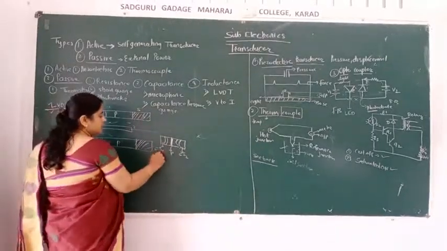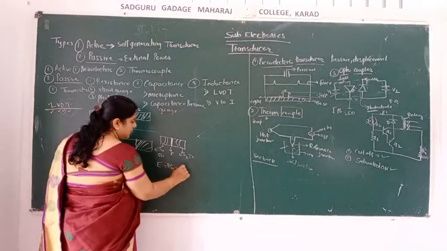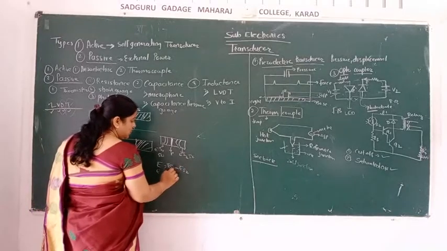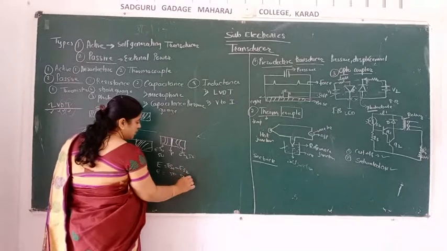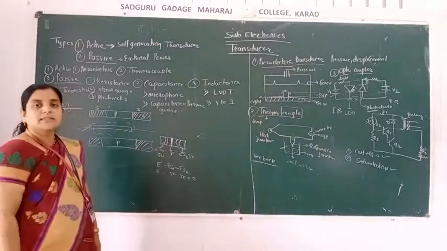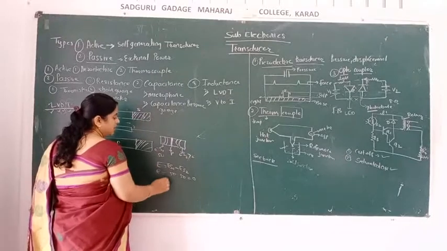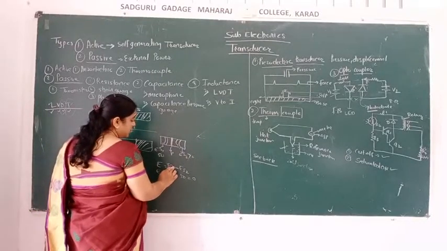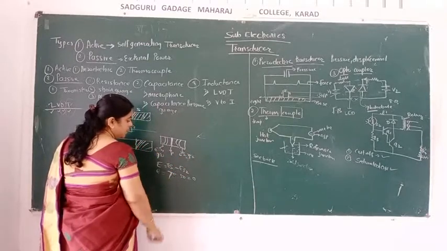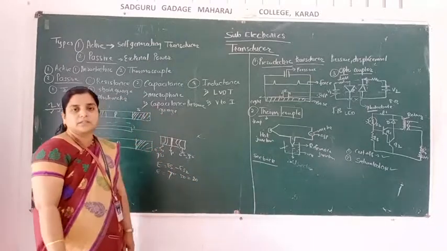Suppose ES1 is 50 and ES2 is 50, then E is equal to what? ES1 minus ES2, then 50 minus 50 is what? 0. It means it is having 0 difference. If it is, suppose, 70 and 50, then 70 minus 50, you will get the 20 difference.